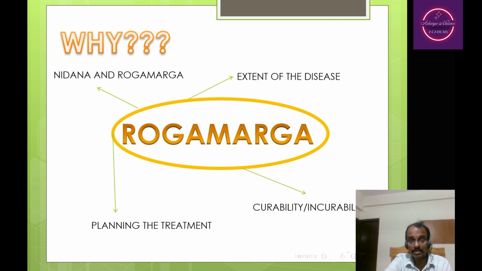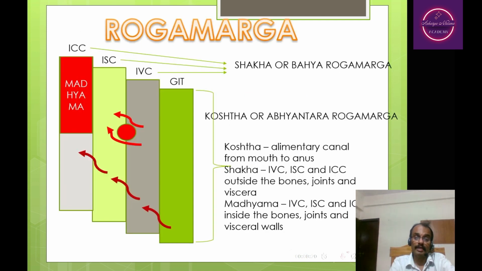Planning the treatment in the sense, Ayurveda says we have to eliminate the dosha from the alimentary canal or Abhyantara Rogamarga. That means in the form of either vomiting or emesis or purgation or otherwise through the medicated enema administration. That is about planning the treatment there. As the recap,